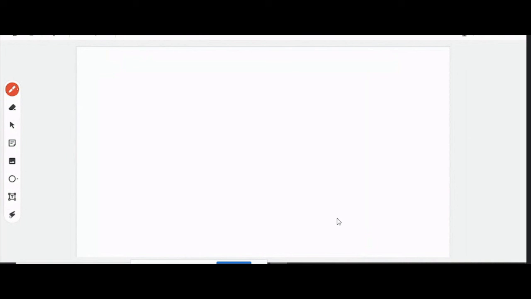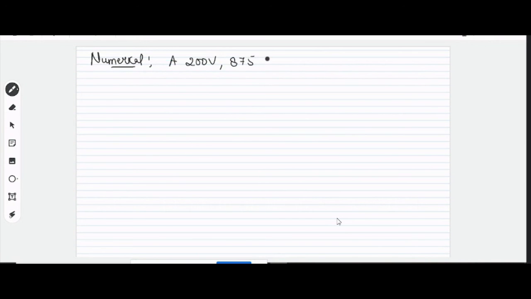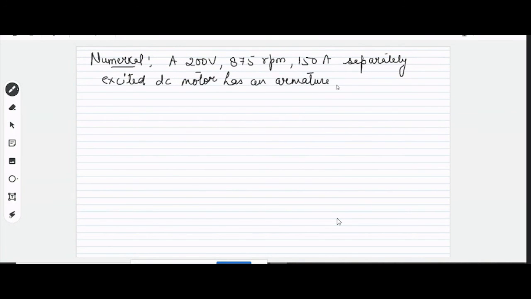Let us take one example, or one numerical, to understand this. Suppose the numerical is like this. A 200 volt, 875 rpm and 150 ampere separately excited DC motor has an armature resistance of 0.06 ohm, right? Now they are saying that it is fed